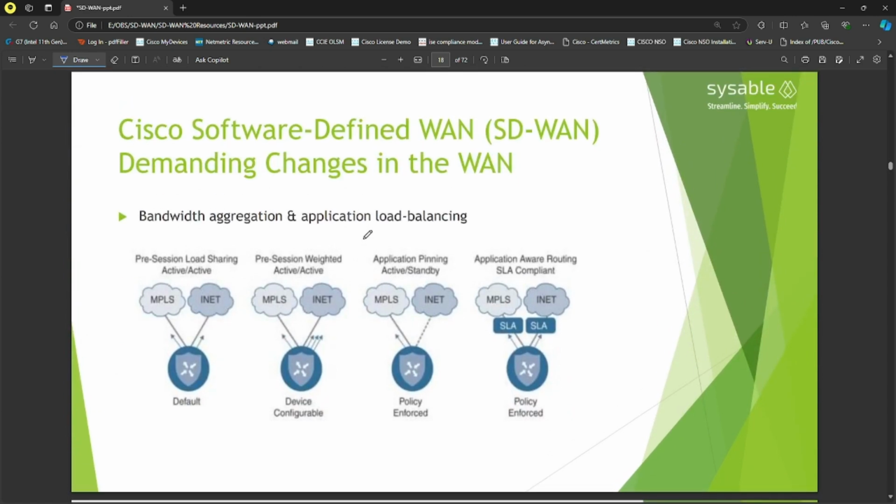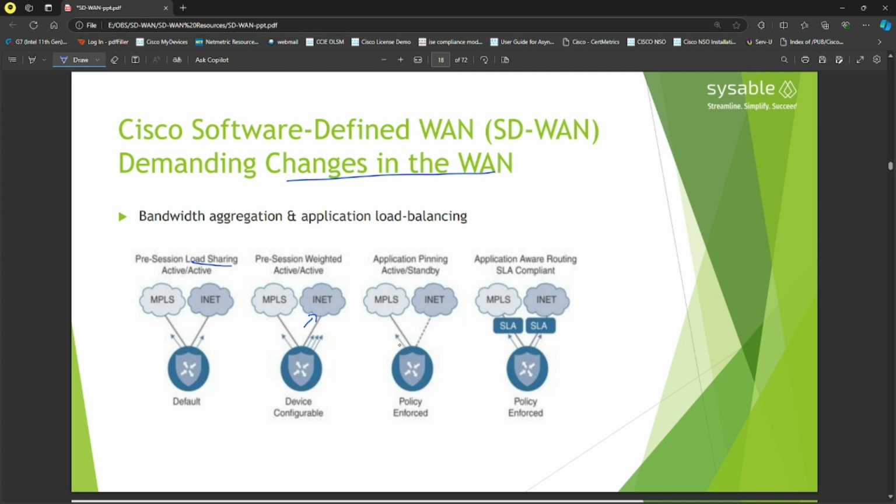Now, Cisco software-defined networking is demanding changes in the WAN. It can be many changes in the demand because now you're not worried about the configuration change. You are just worried about your applications. According to the user experience, you will just change your decisions now. So basically, per-session load sharing is the default in Cisco SD-WAN. If you like, you can manipulate the routes in order to utilize the less expensive bandwidth, or you can say that